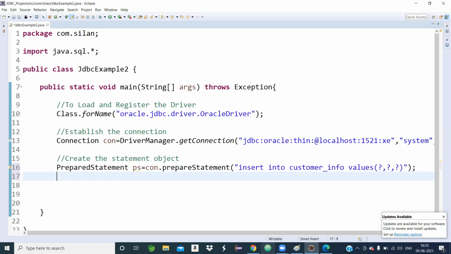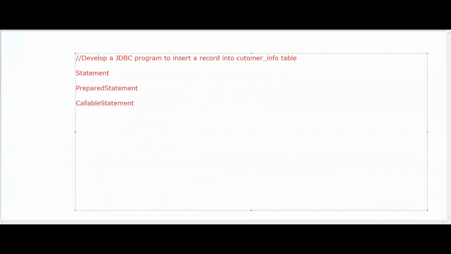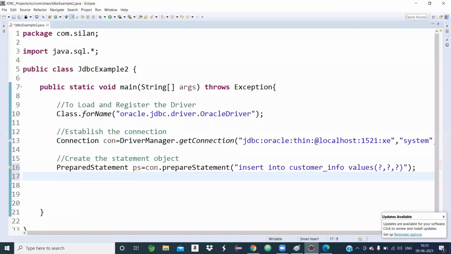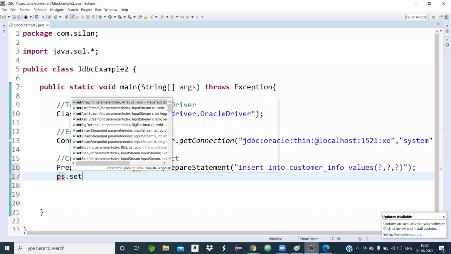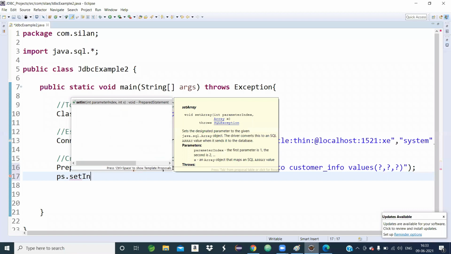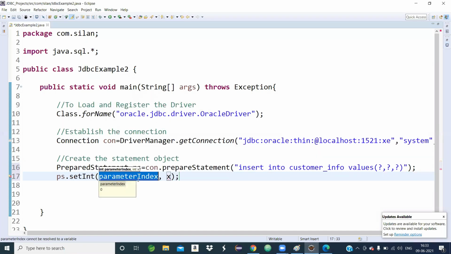Setter, set triple x. Suppose for customer ID I write 101, that is an int value, so I can write the setter method as setInt. So I will write ps dot setInt, and just to see, this method takes two parameters.